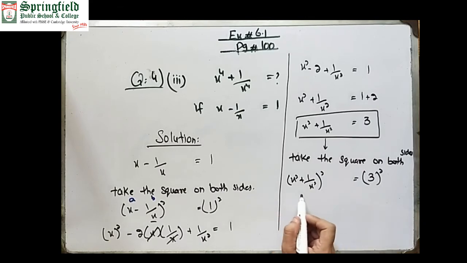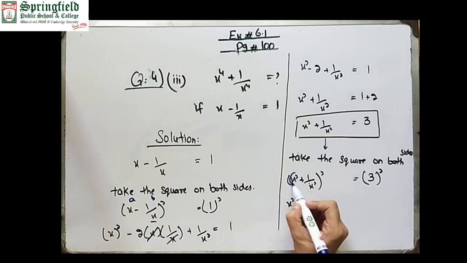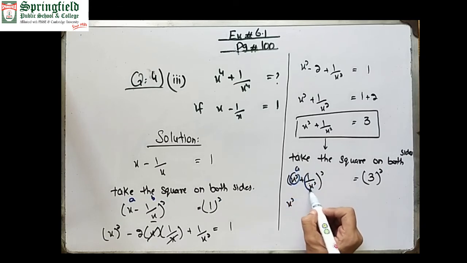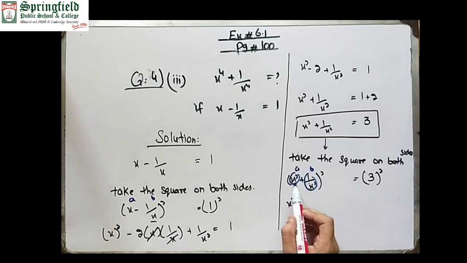Now again open this according to formula (a plus b) whole square. So you will consider that this is the whole value of a and this is the whole value of b. So a plus b, a square, a is x square, so a square plus